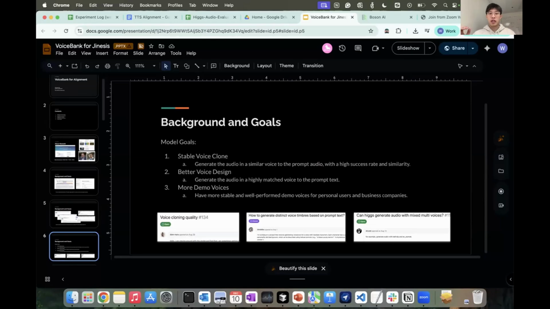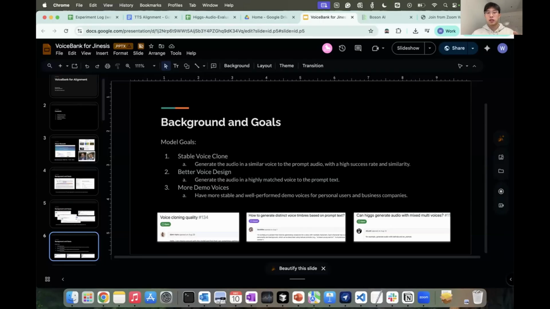So that's the background of my project, and the goal of my project is to solve all of the issues mentioned. First, we want stable voice cloning ability, to help the model generate audio in a voice similar to the prompt audio with a high success rate and similarity. The second is the best voice design ability.